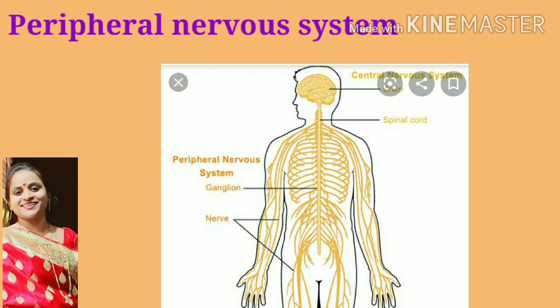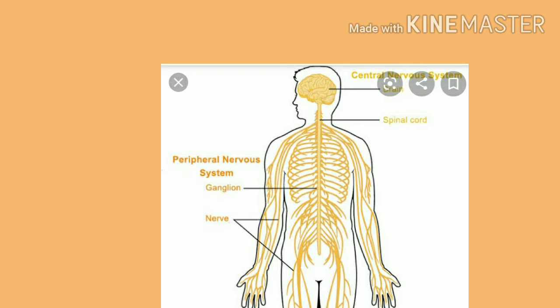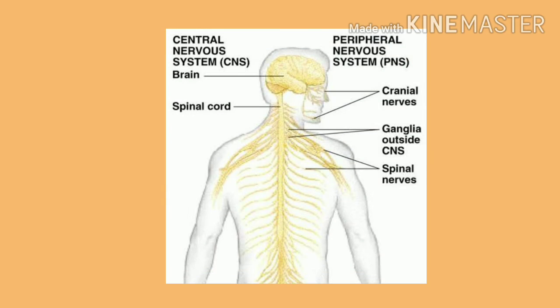Hello friends, in this video we are going to discuss the peripheral nervous system. The peripheral nervous system is one of the important systems in our body. This system connects the central nervous system to the different parts of the body having receptors and effectors. Depending on the connection to the central nervous system, the peripheral nerves are classified into two main types, that